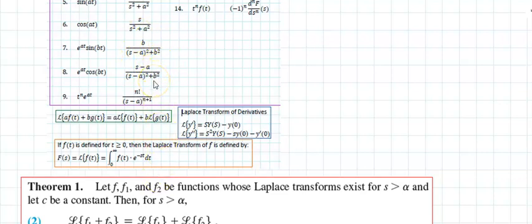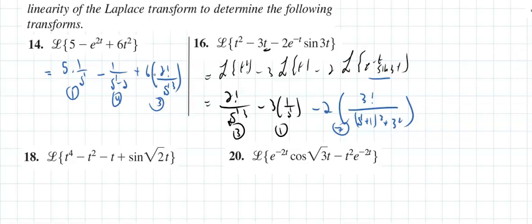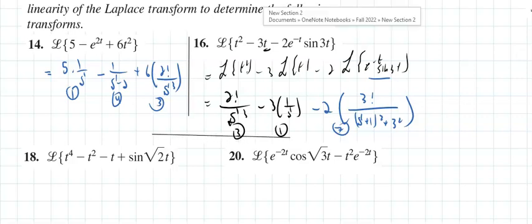And if I'm looking at sine, that's 7. So that is 3 factorial divided by s plus 1 squared plus 3 squared. That is by 7. And if I apply the same rule,